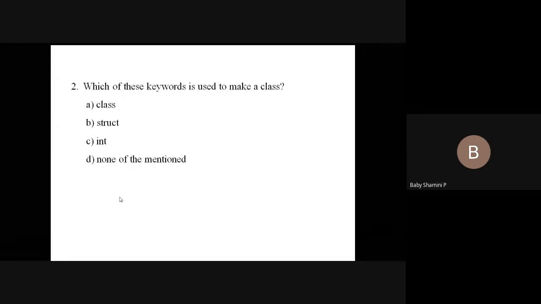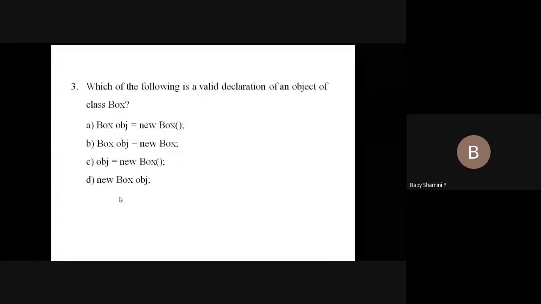Correct answer. So next one, which of the following is a valid declaration of an object of class Box? Yes, A is the correct answer. Box obj = new Box();